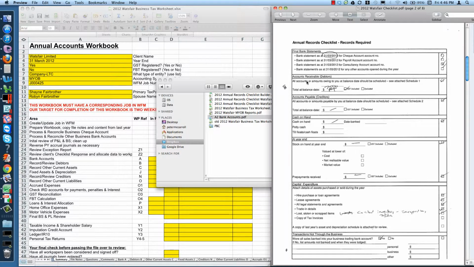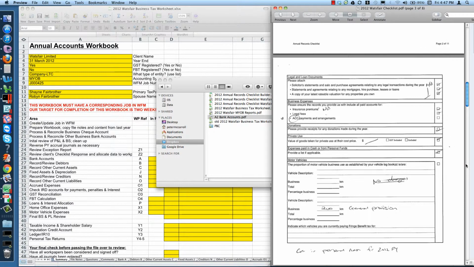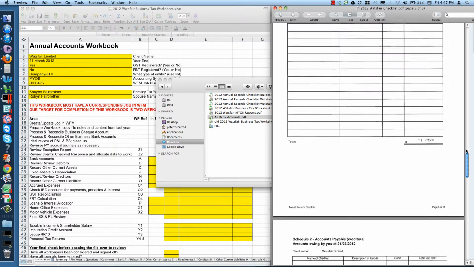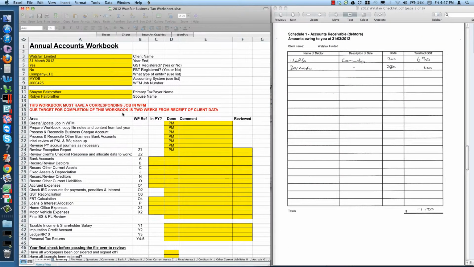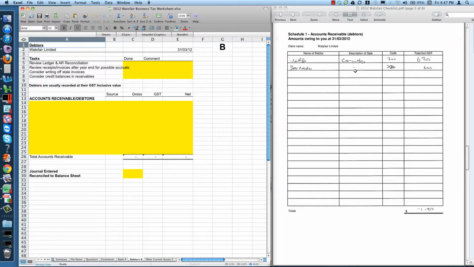Under accounts receivable debtors, he's told us they have $7,500 GST inclusive worth of accounts receivable or debtors, and there's a schedule. If we go to schedule 1, here it is here. Here is the information for that client. So this is the first bit of information we're going to copy into our workbook. We're going to go to our debtor schedule, which is schedule B, and we are going to enter this information,